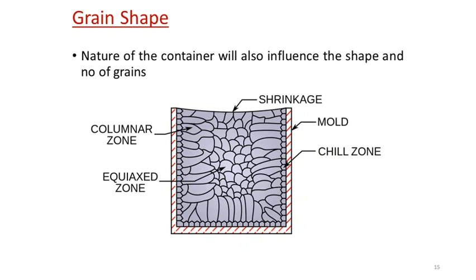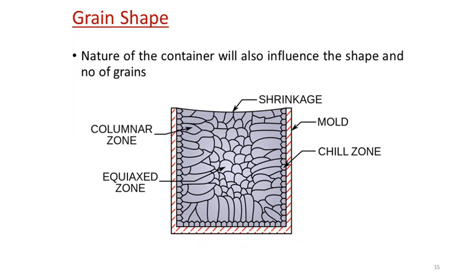Next is the morphology, or the shape of the grains. As we discussed in the case of heterogeneous nucleation, for example, we have considered a crucible or a vessel in which we have placed the liquid metal. After solidification, what we receive is a solid ingot or solid metal. If we consider the grain size of this particular solid, we can see there is a directional dependence. Throughout the entire solid, it won't have the same grain structure.